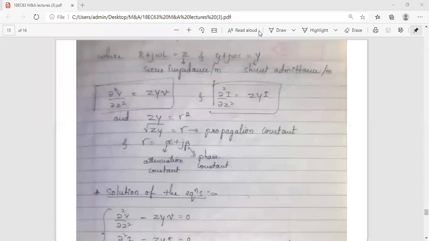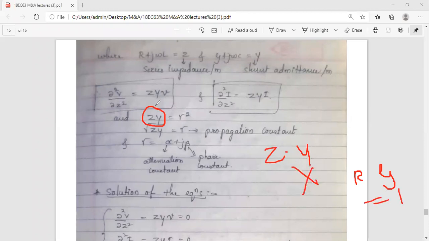What is that? It is when we take the product of impedance and admittance. Don't think that you have a Z and Y, just like R and G where they are reciprocals of each other, they get cancelled, which is equal to 1. No, it is not like that. When you take the product, what happens? You are taking the product of R plus j omega L and G plus j omega C. When you take the product of these two, we get some value. Further you can see what we get. We will get a value which is equal to gamma square.